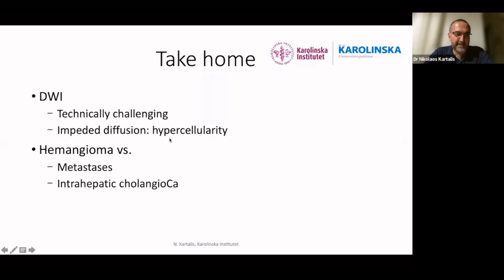Hemangiomas are challenging, both for differentiating from metastasis and intrahepatic cholangiocarcinoma. Particularly the thrombosed or the hyalinized hemangiomas may pose difficulties, but in the majority of cases, they still have free diffusion and high signal on T2. The contrast enhancement pattern may be challenging when you use Primovist, but still you can see some enhancement in the periphery, and the lesions usually get smaller during the later phases of the imaging.